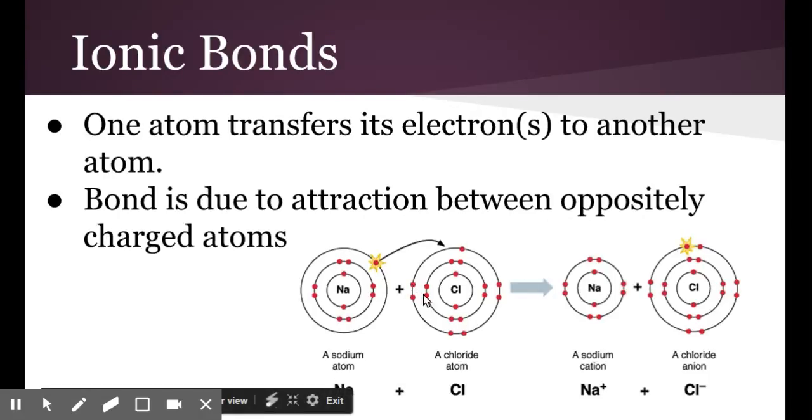Chlorine, on the other hand, has 7 in its outer shell. It just needs to pick up one. So when you put sodium and chlorine together, they are tremendously reactive because the sodiums just start giving away electrons as fast as they possibly can, and chlorine starts stealing electrons as fast as it possibly can. What's going to happen is,